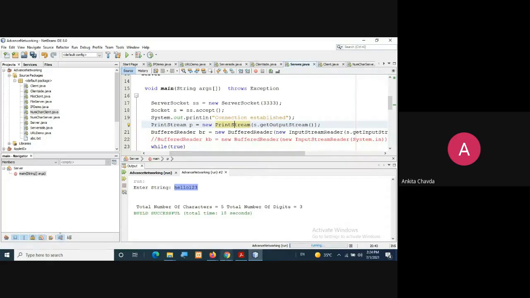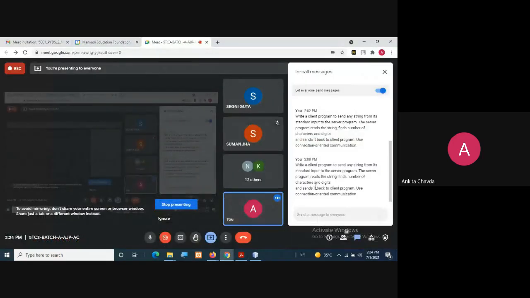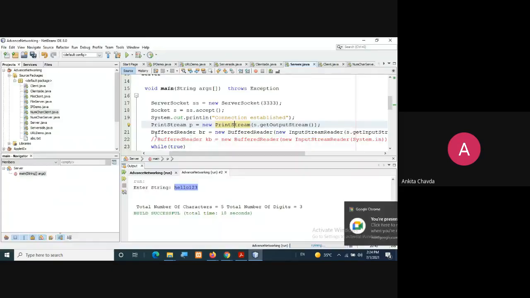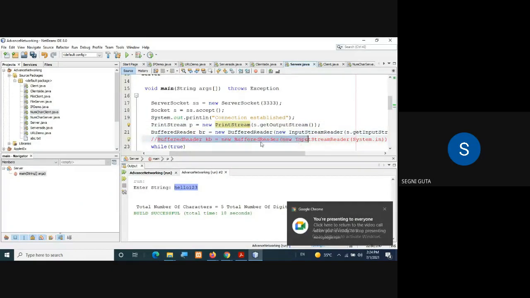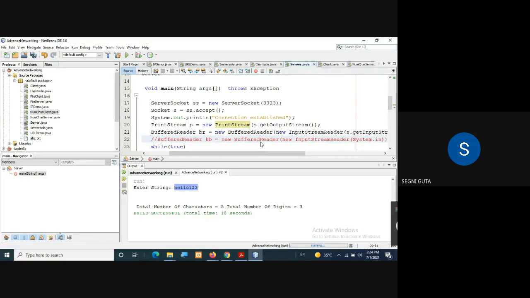Are you getting it? This is a very similar application to your chat application. We have just added 4 to 5 lines here. Otherwise, it is the same program. So I had to modify it from that, that is why this line is still here. Okay, so ma'am, BR is used to receive what has been sent by the client using KB, right? Yes.